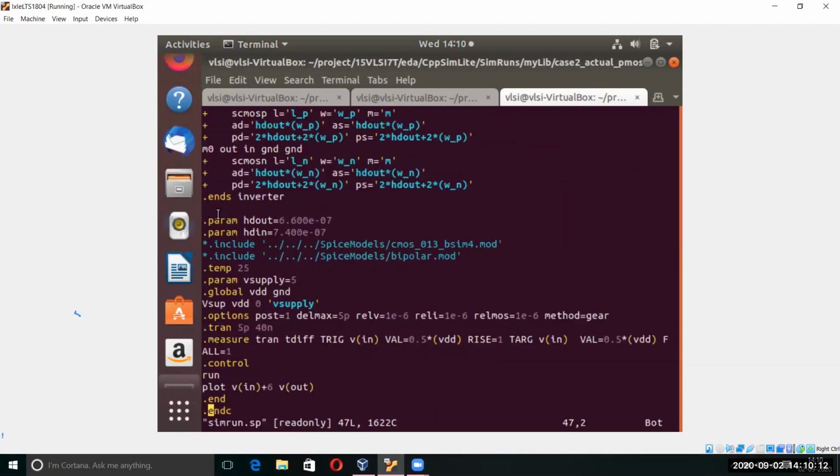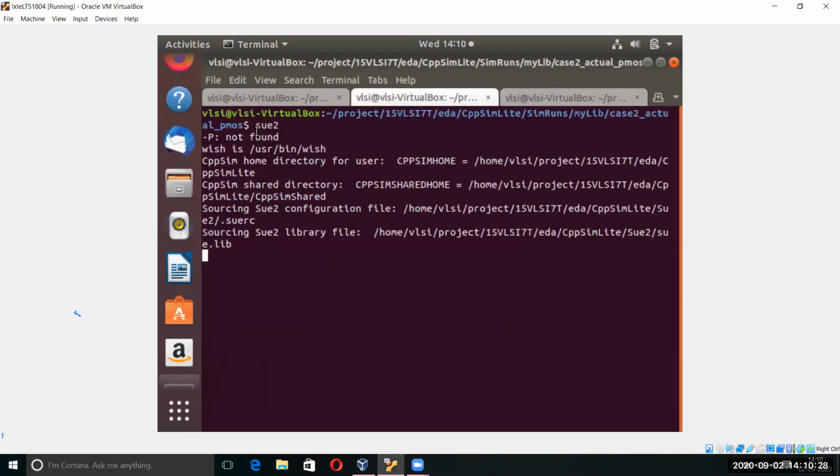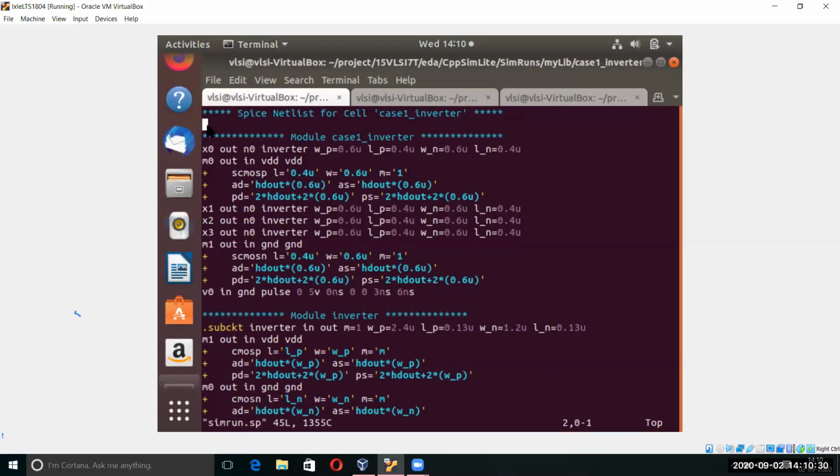You have to give the path name, this one completely, for case one. We are studying case one. So here do the copy paste.